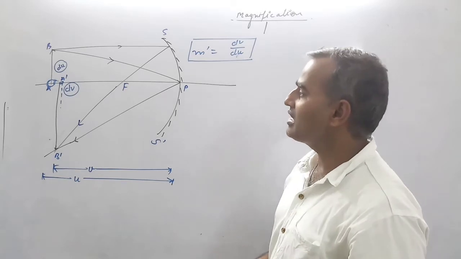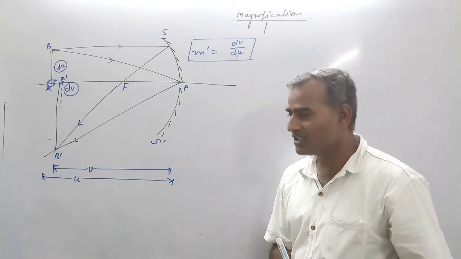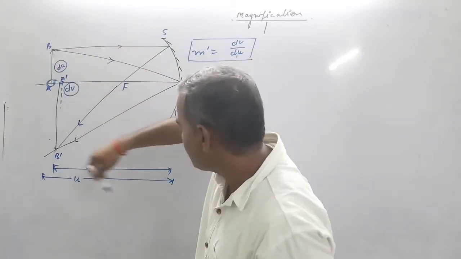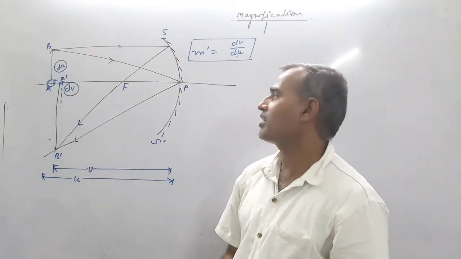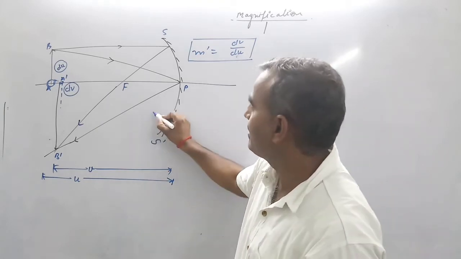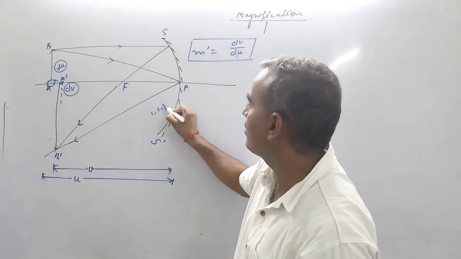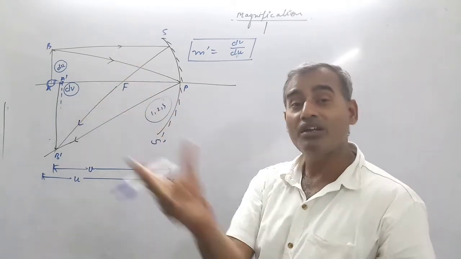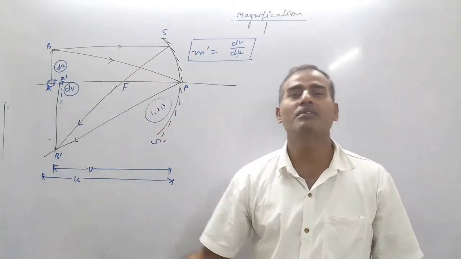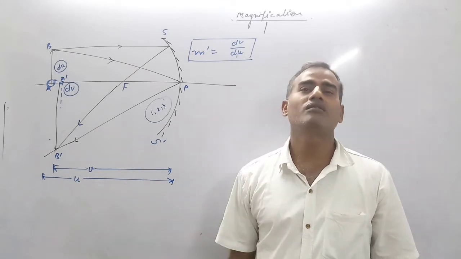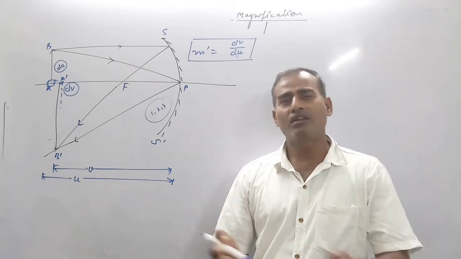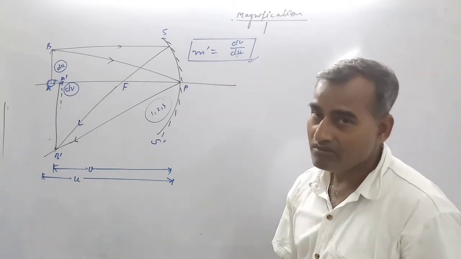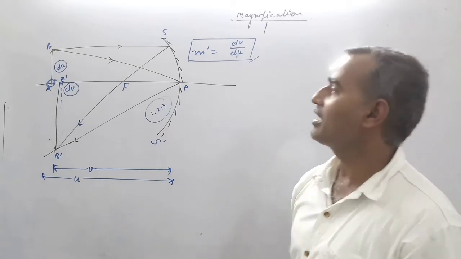And how can we get the expression? But one thing more: in this diagram, all three kinds of magnification are involved. All are correlated, meaning linear magnification is related to axial, which is related to aerial; all are interrelated. So first we get the expression for axial or longitudinal magnification.